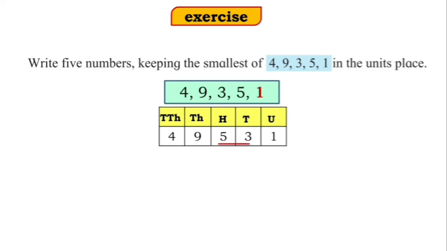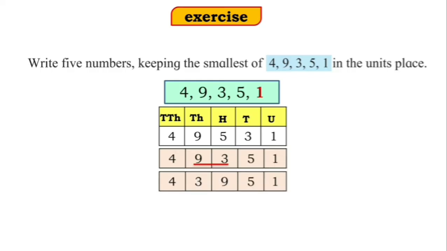49,531. Now let us interchange hundreds and tens place to form new number. So the new number will be 49,351, that is 49,351. Now let us interchange the thousands and the hundreds place. So the next number will be 43,951, that is 43,951. Now let us interchange 10,000s and thousands place to form new number. So the new number is 34,951, that is